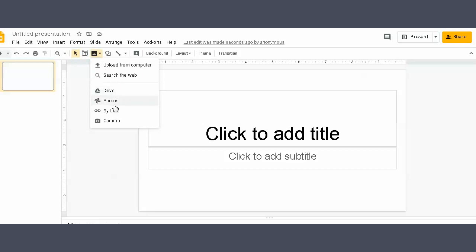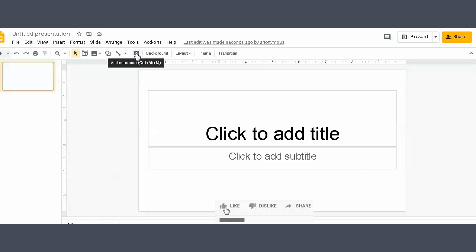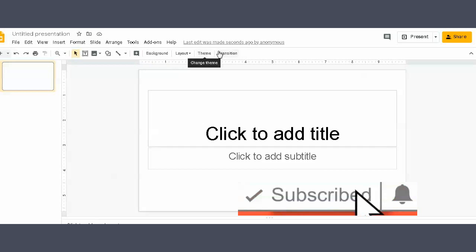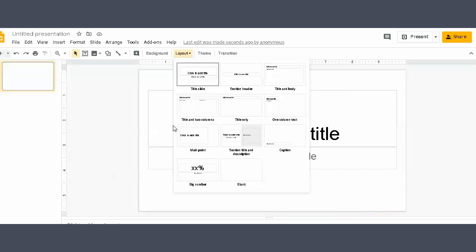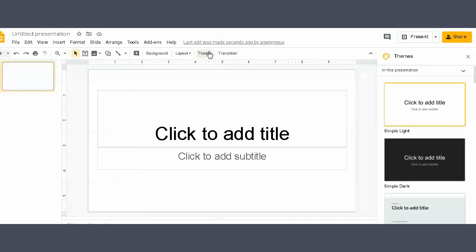Now you can see all options, and it's all about attaching all your various features here, whether you want URL or image or something else from your laptop. And you can see you can add the comments also. That is wonderful while teaching in the class. You can use all these options, and you have the layouts, you have themes prepared, PowerPoint slides where within no time you can create attractive PowerPoint slides which are ready to be posted to the class. So this is how you can select the layouts.